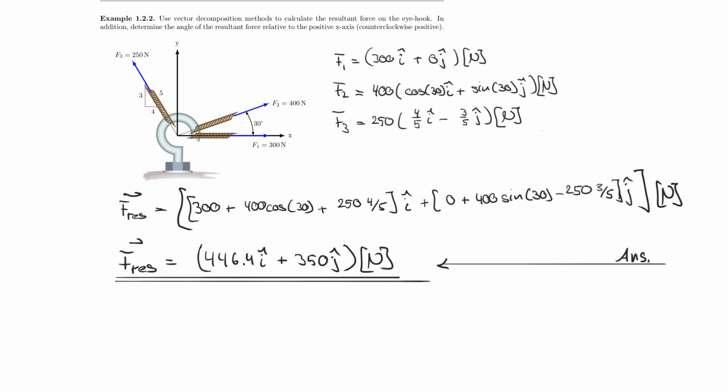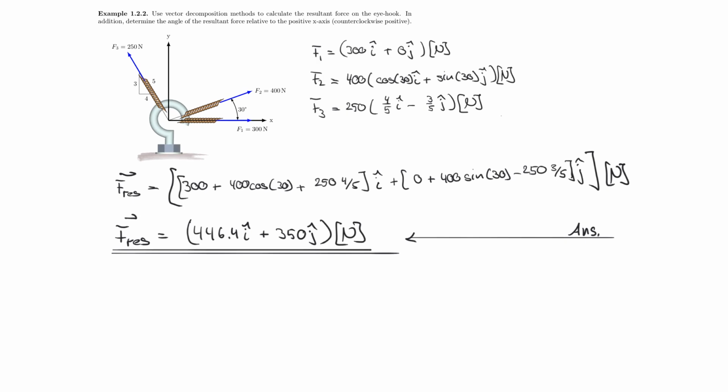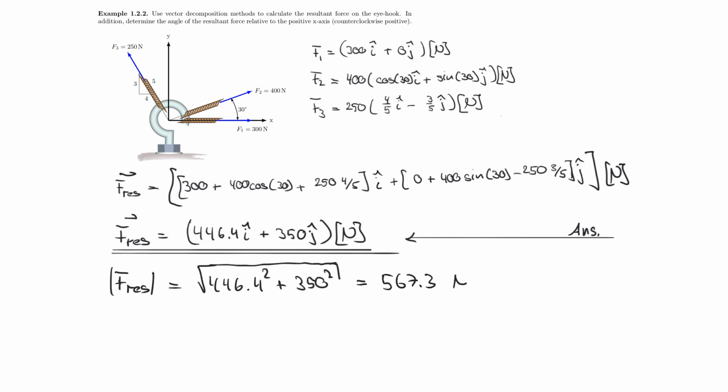And now I need to find the magnitude of that F resultant. So F resultant magnitude is equal to 446.4 squared plus 350 squared, and the whole thing square rooted. And that turns out to be 567.3 Newton. Of course, if you punch that into a calculator, you will actually end up with more digits,